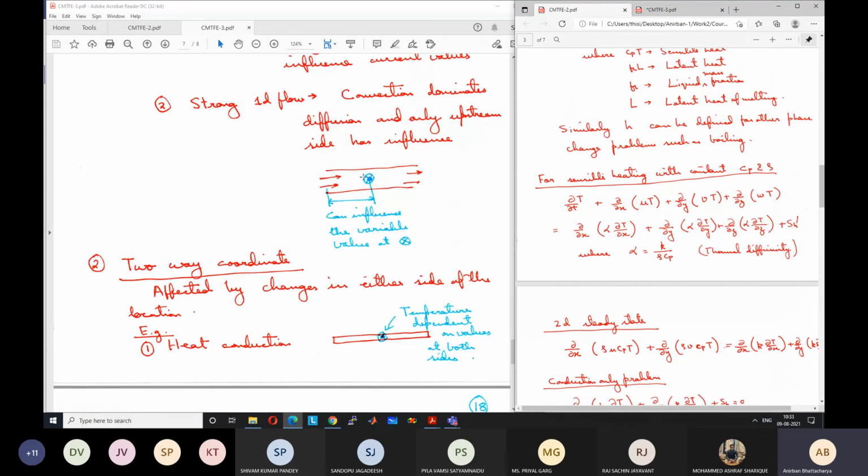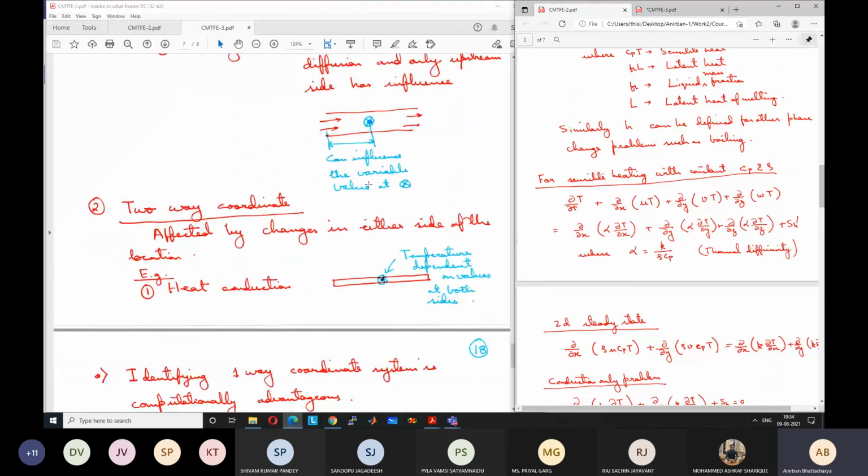Okay. So you will see that the flow is not strong enough to carry away the ink. So the ink will diffuse into the entire domain slowly. It will also influence over a long period of time. Some ink will come into the negative x direction, meaning in the other direction also. So for very small velocities, diffusion is the dominant process, and the flow problem will be a two-way coordinate problem.